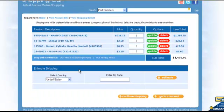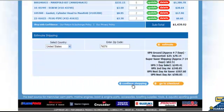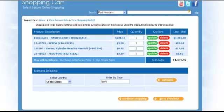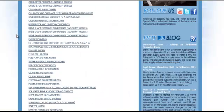Now from this point, if you want to get a shipping estimate, you could simply put in your zip code right here, click estimate, and it will tell you for what you have right now what the shipping estimates for the different options are. Now if you need to go back and shop for more exhaust parts, you can simply hit continue shopping, or if you want to go back to the main page that lists all the different diagrams, like if you wanted to order spark plugs or something of that nature, you can just hit your back arrow button up at the top of your browser and just click it enough times to get back to the main